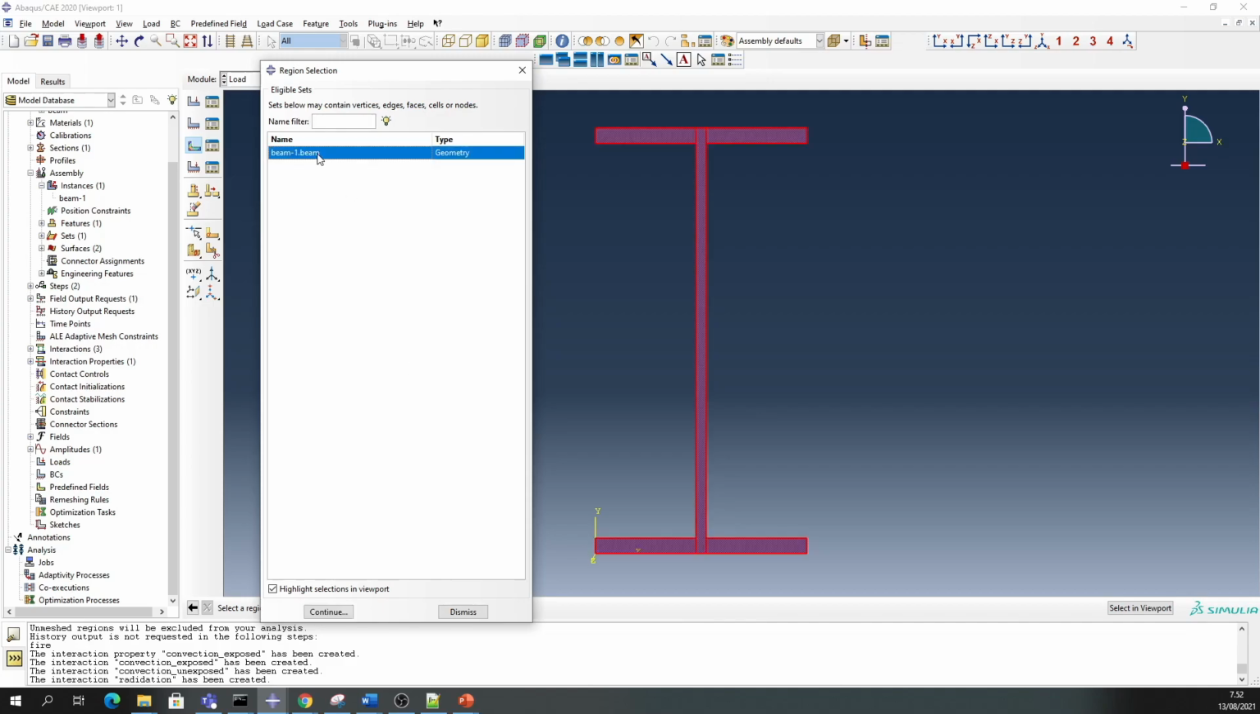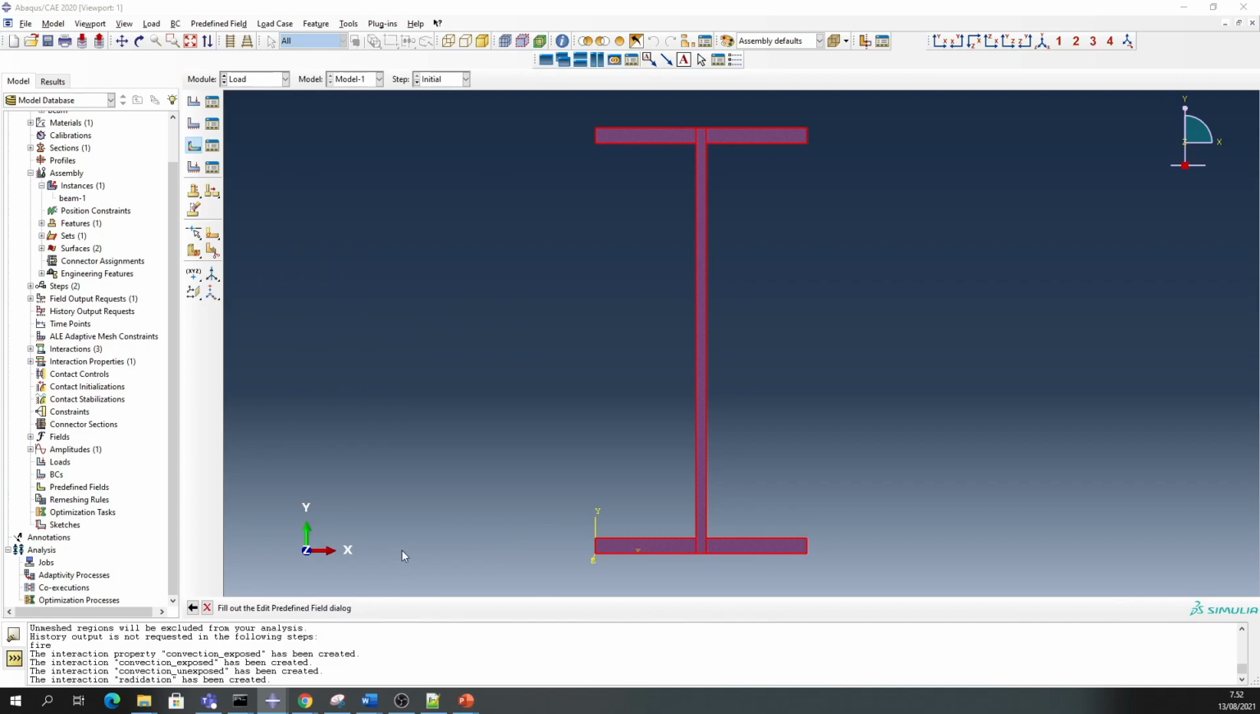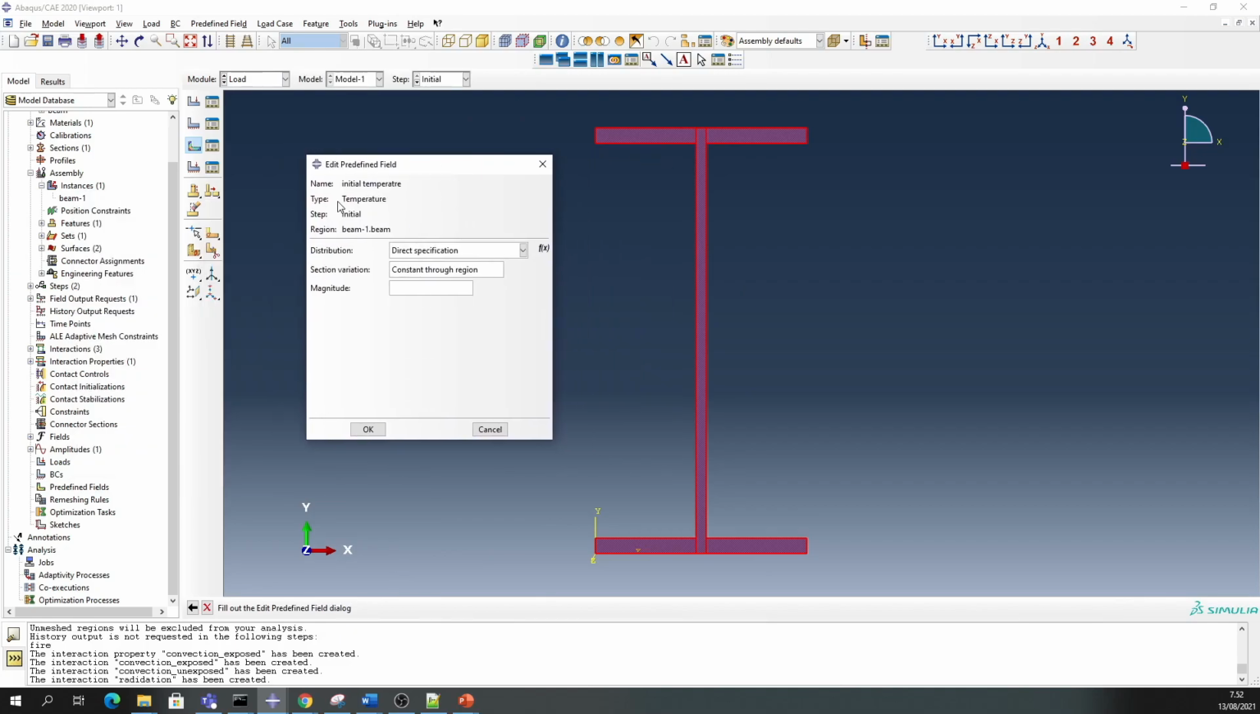This is the beam geometry because it's all, so here initial temperature is the name, and the definition of this predefined field is a temperature field, defined in the initial step of the solution procedure, and in the beam, which means the whole beam, and it will assign a 20-degree temperature for all the nodes that are inside this part, and this is direct